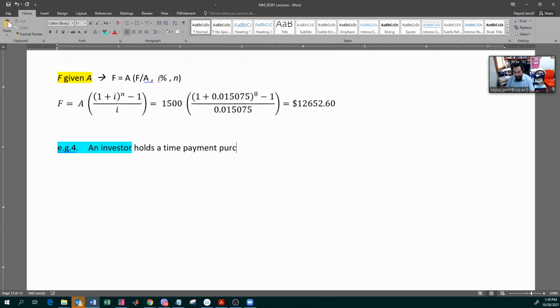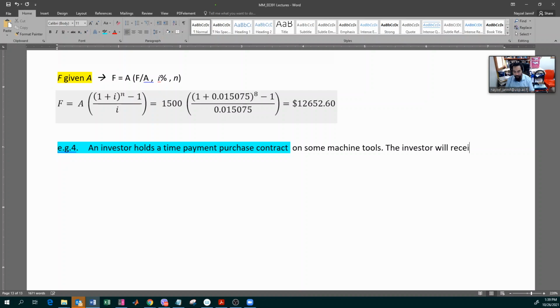If I've got an option there that you can get exemptions for your particular thing, then we have to give you an opportunity to answer some questions. All right. An investor holds a time payment purchase contract on some machine tools. The investor